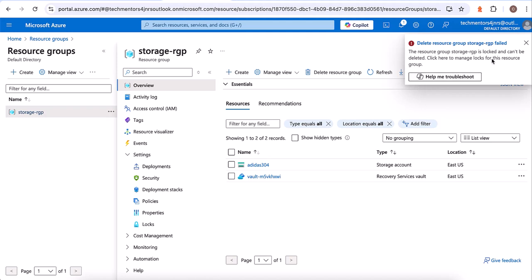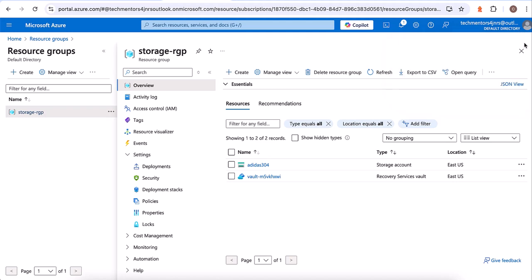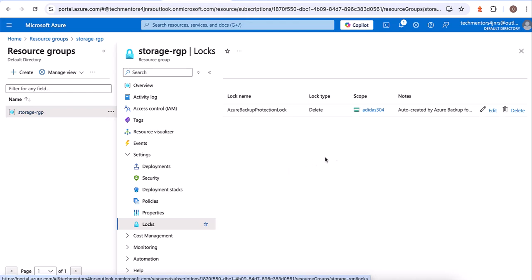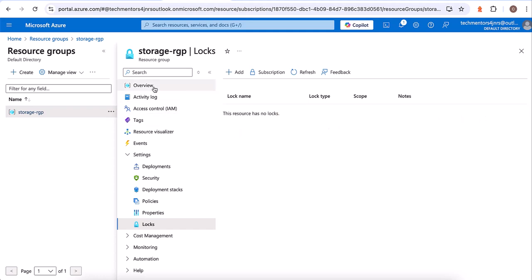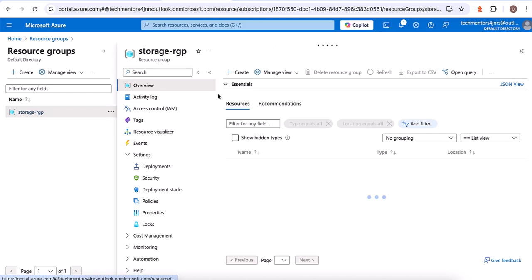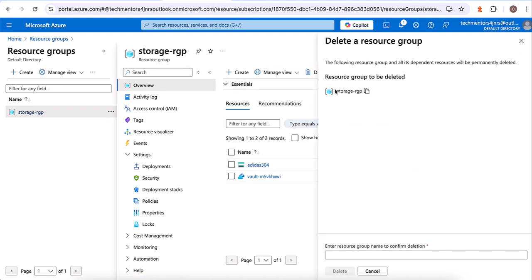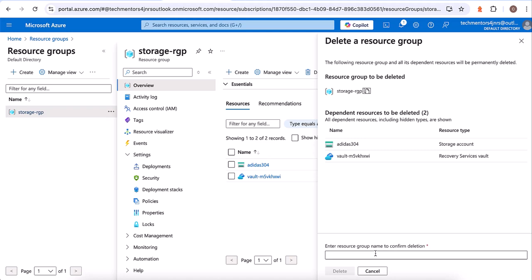So it's saying that my storage resource group is locked. To remove that, you can see locks here. So I'll click on it. Look at what it is saying here. So I'll delete this lock and I'll try again. Click on delete resources.